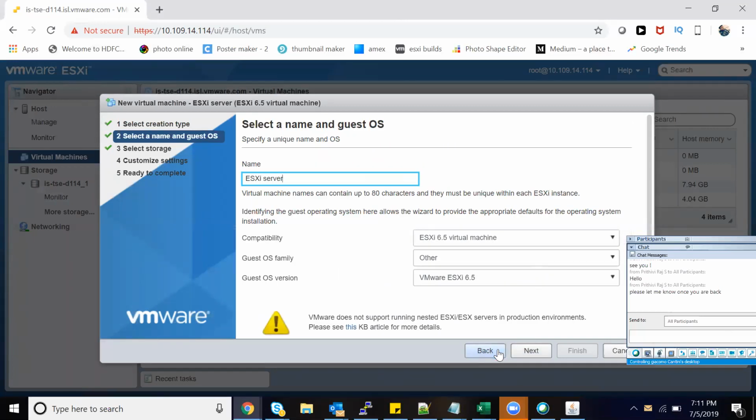Yes. In the real world, can we do it like this as well? That's a very good question. You can see what it is telling here. You can do it, but we won't support it. If your environment is very small, like you have only one physical server and you want a lot of VMs running, you can create it, but it's not a supported architecture. It's telling that VMware does not support running nested ESXi in production. Got it.